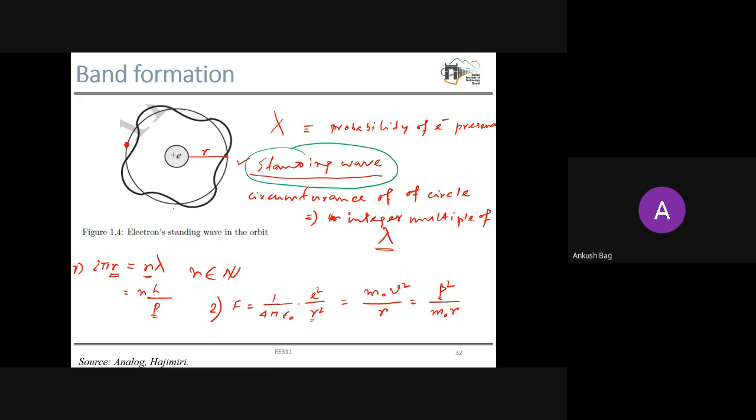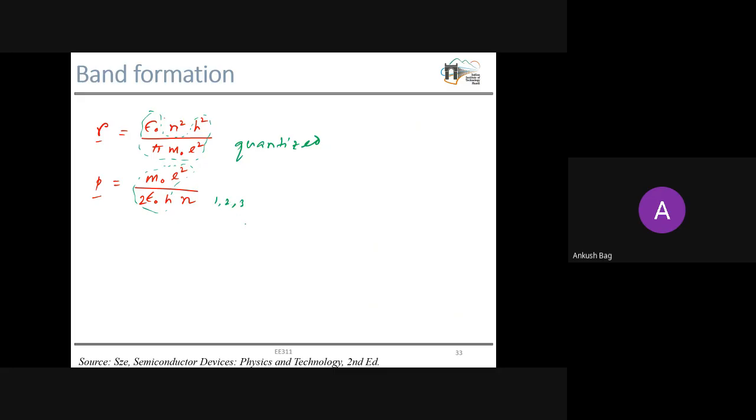Now see, for quantization to happen, or to have this standing wave, the electrons need to be bounded, and this bounded electron has total energy, that means kinetic energy plus potential energy, that will be negative. Once any particle has positive energy, it is free. We'll see what the concept is. Obviously, in our semiconductor we have a lot of free electrons. They are essentially contributing to our current. So what will be the energy state and all that? We'll shortly see that.